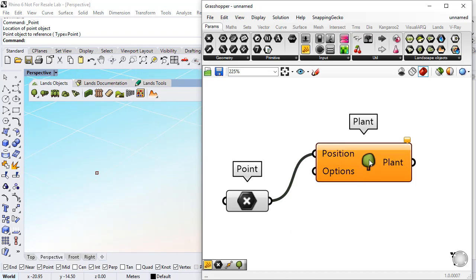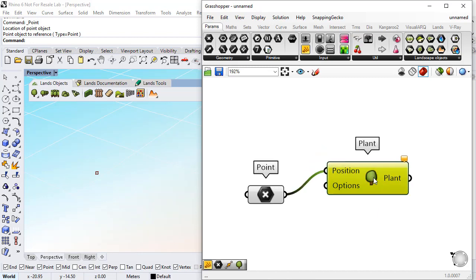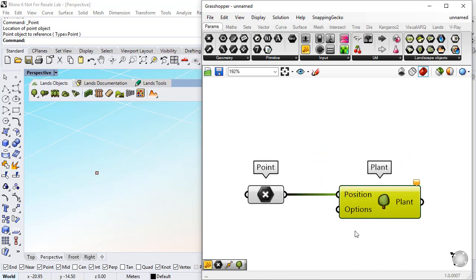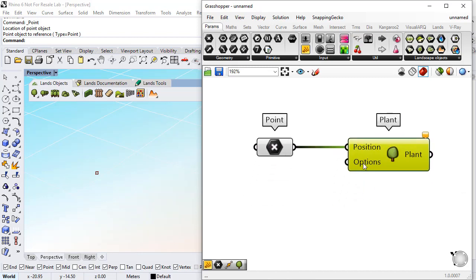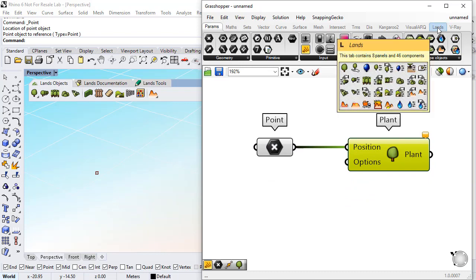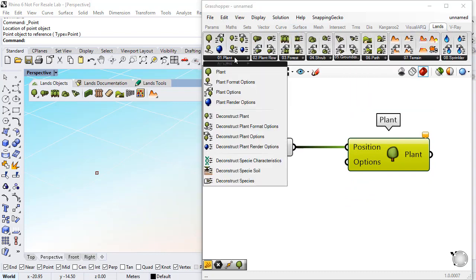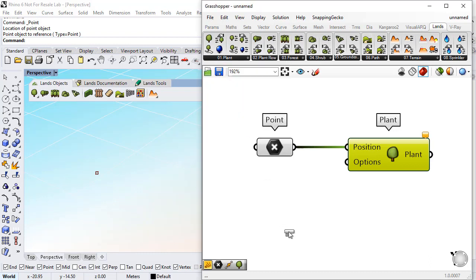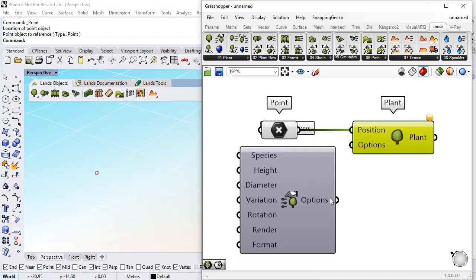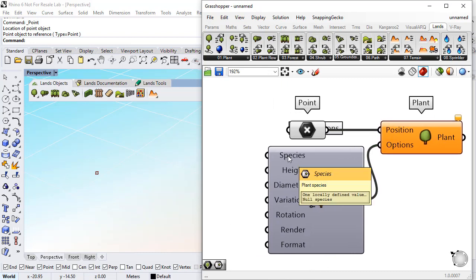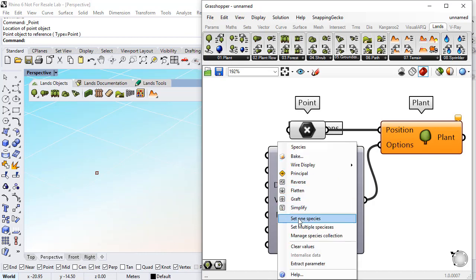Now, the plant component still shows up in orange because there is some missing information, such as the species. So we will need to place here a plant options component to define these details. Under the plants, I will put a plant options onto the canvas, and I will connect this to the plant options. Now I can assign a specific species by just right clicking on the species input and selecting set one species option,